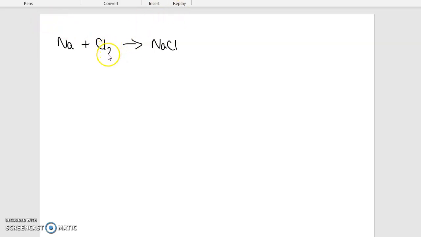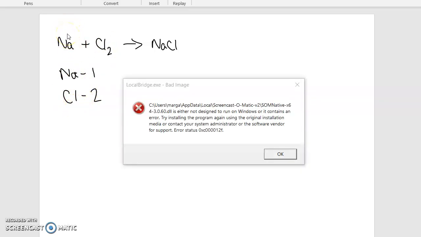Remember I told you guys you don't really technically have to memorize them, but you kind of need to know them. Okay, so if we break these apart and look at them, here we have 1 sodium atom on this side, and we have 2 chlorine atoms on this side. And this side is called,